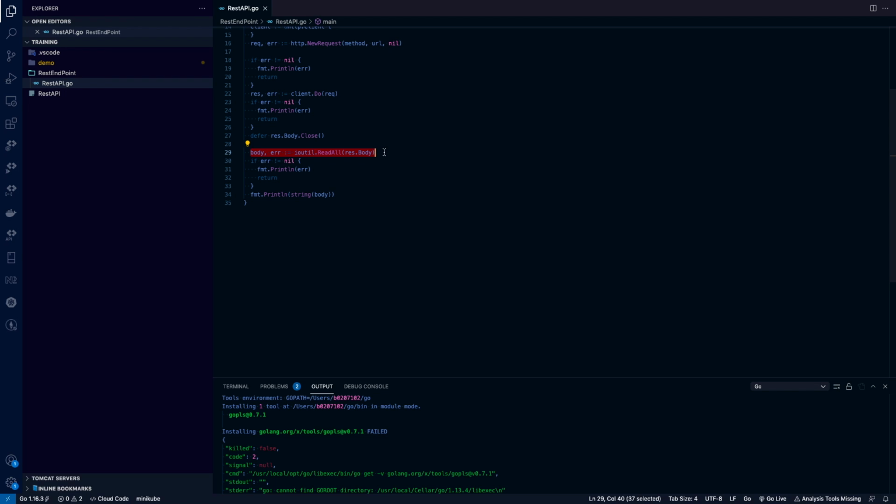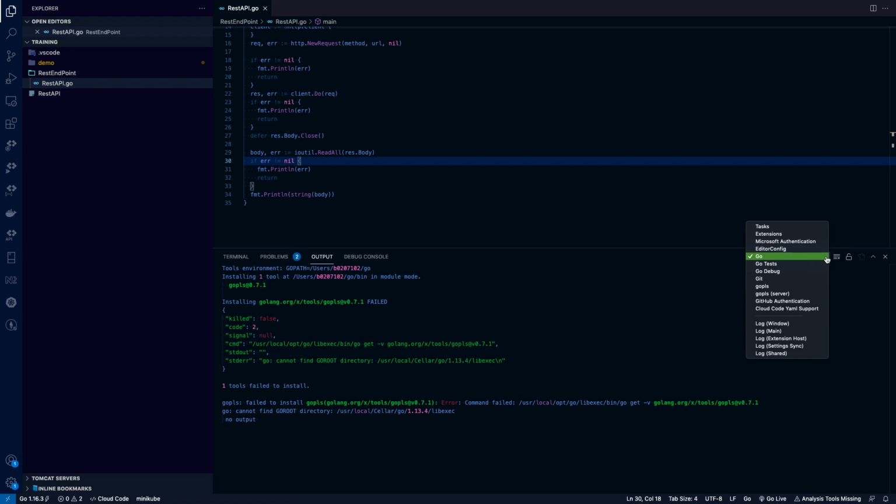And this is basically the line which helps to read the whole response which we got from the REST endpoint, and it will add it in the body part. And last but not the least, we have printed this variable as a part of print. So it will display on the terminal what response we have got. Now we have understood this structure. Now let's run this code and see what response we are getting.